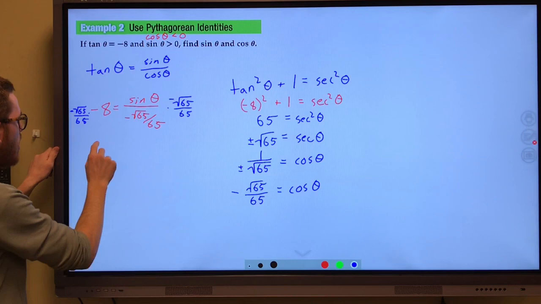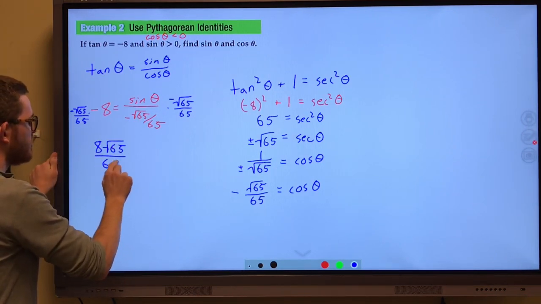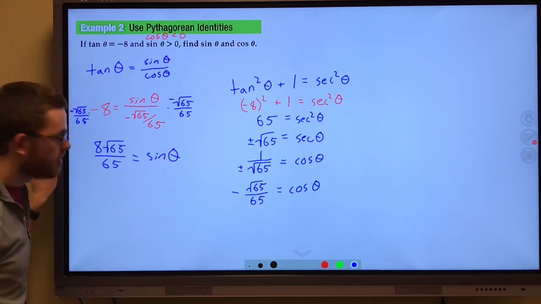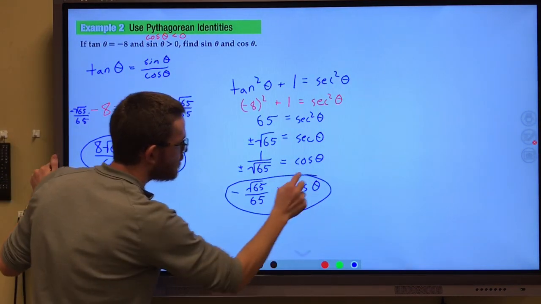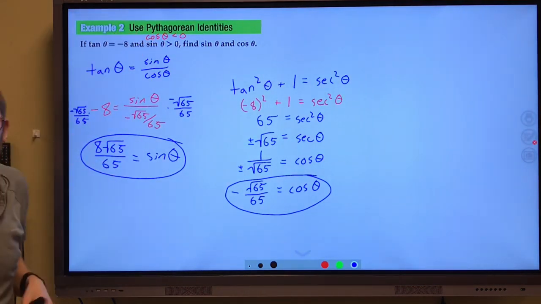Negative times a negative is a positive. That would be 8 root 65 over 65, which equals sine of theta. So we've gotten sine of theta, we've gotten cosine of theta, we have accomplished the task, and sine is positive just like they